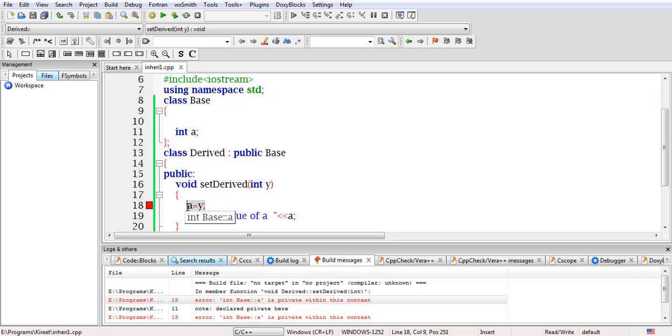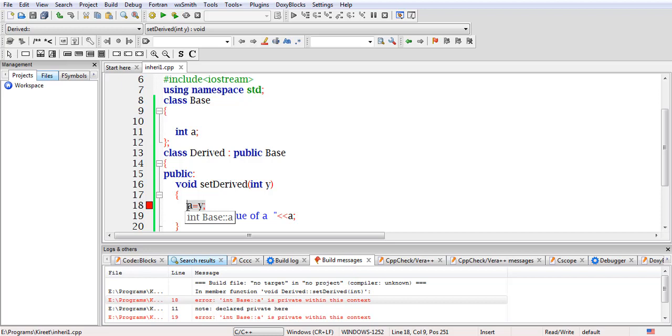The main solution is that you have to create some member functions in the base class, because member functions are the only thing that will try to invoke the private data members indirectly. We have seen this in our earlier concepts also: if we create a class with some private data members, then we also create some public member functions.